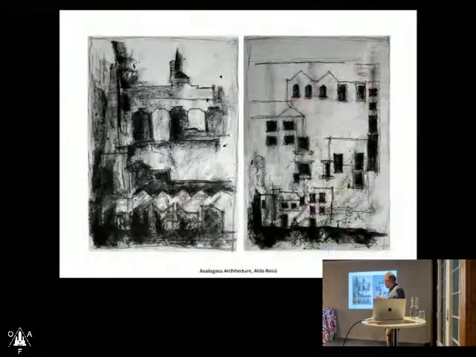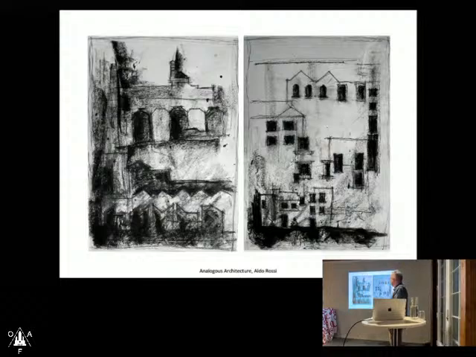In that sense, I feel this kind of AI could be very closely aligned to the idea of analogous architecture, no? The idea of the city as a treasure chest of languages and styles, and that a new building has to extend these stories or have a conversation with these stories, no?